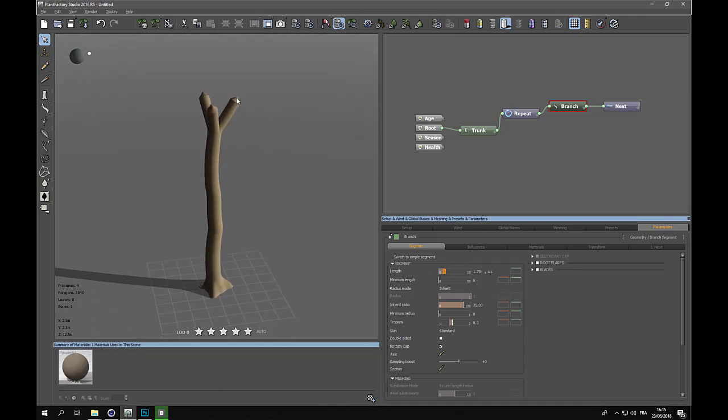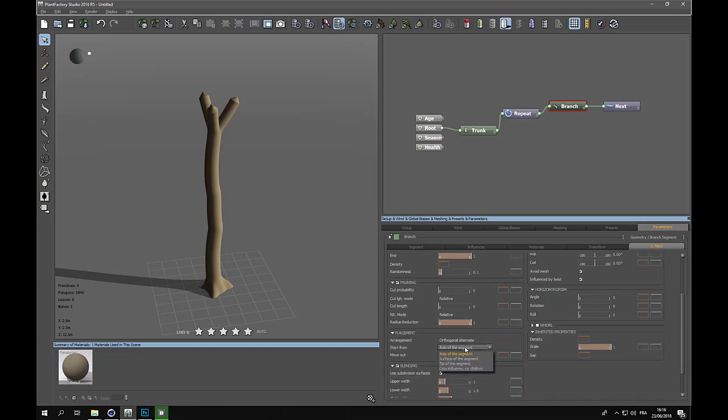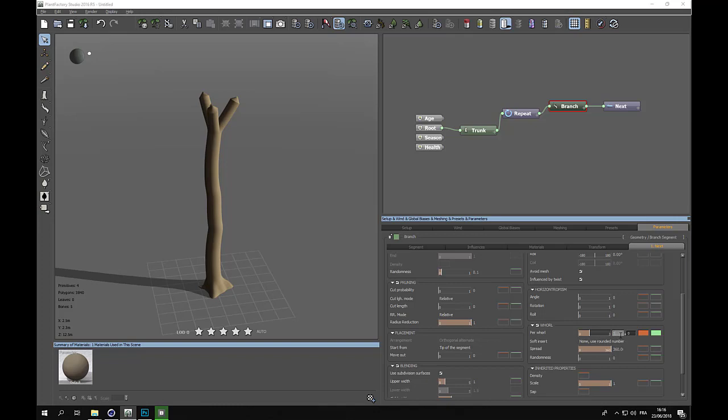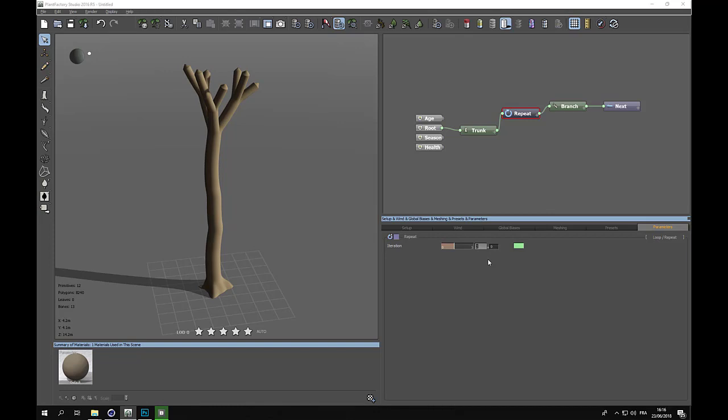We need the other branches to start from the tip too in order to do the whole branching. So we'll change this parameter in the branch segment and in its children parameters. So instead of axis of the segment, we'll do tip of the segment, and then same thing, wall 3, 1. Now we don't see anything because in the repeat node we only have 1. Let's increase it to 2, and we have the first section,